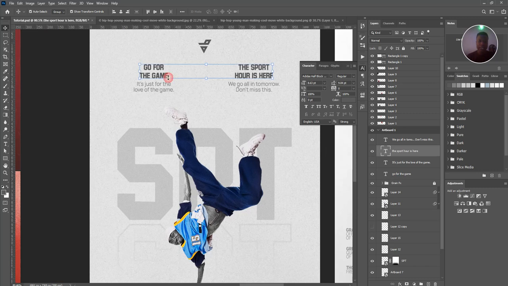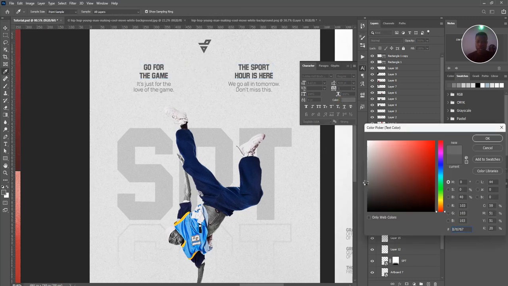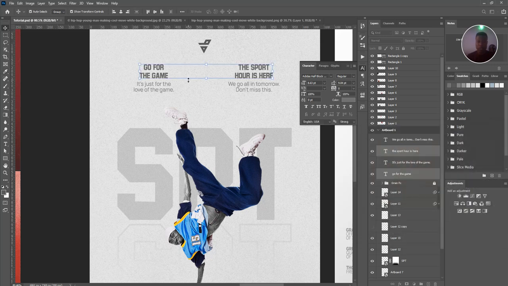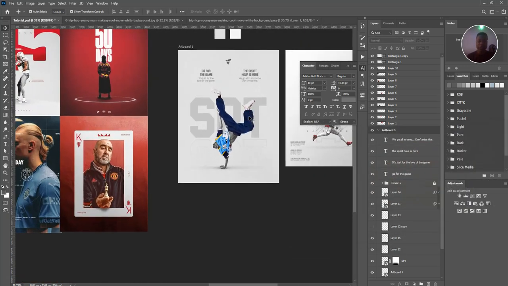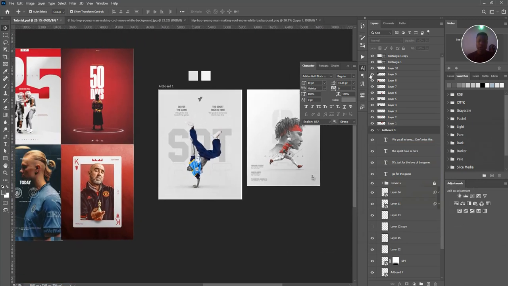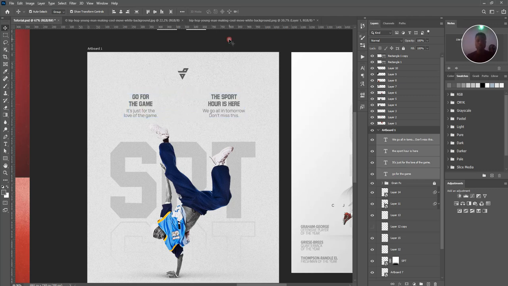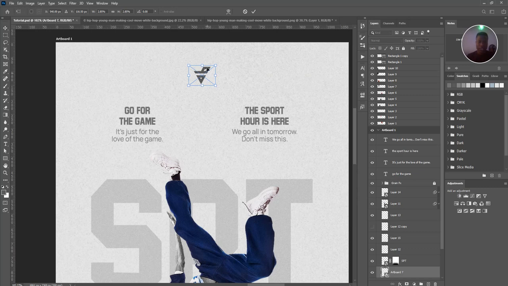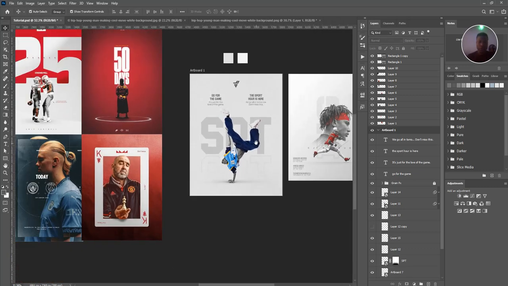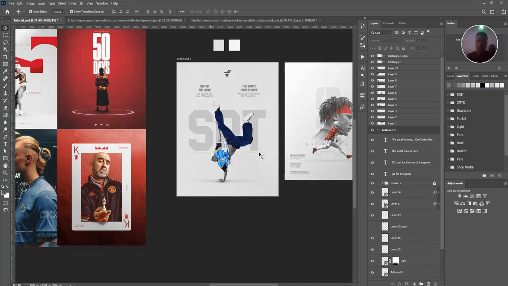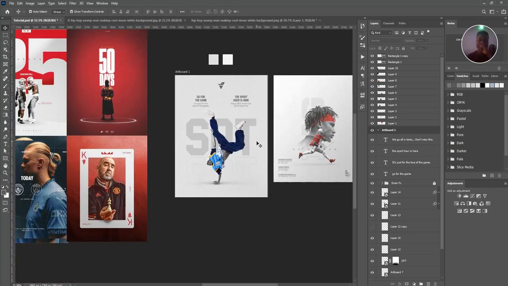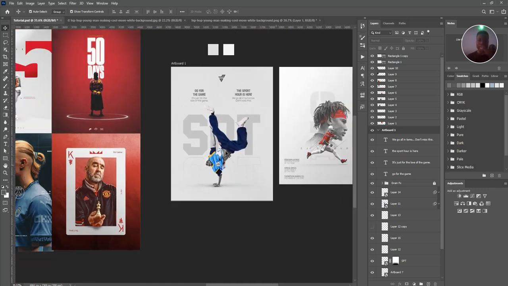If you want it like this, but I think this is too much, so you can just make it minimal but visible for people to be able to read. So I think this is still fine, right? This is still fine. So it's subtle, and you can still read what is there. So for our logo, you can increase it in Node.js. So that's how you brainstorm towards the ideas and the designs you initially have in mind,